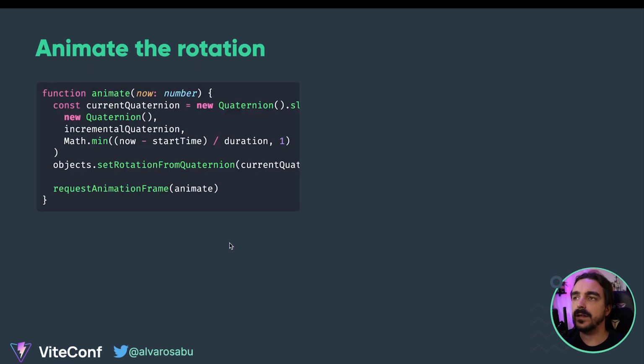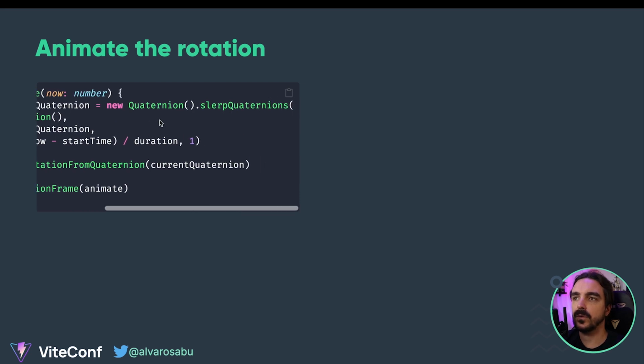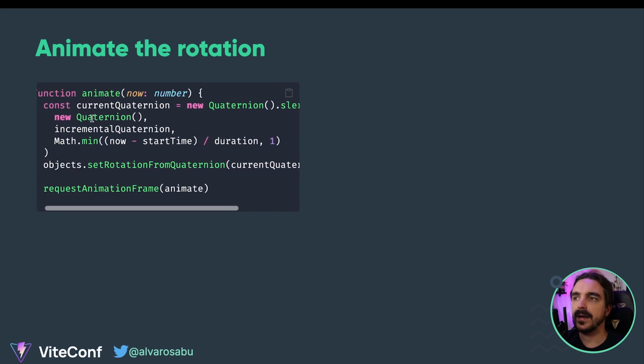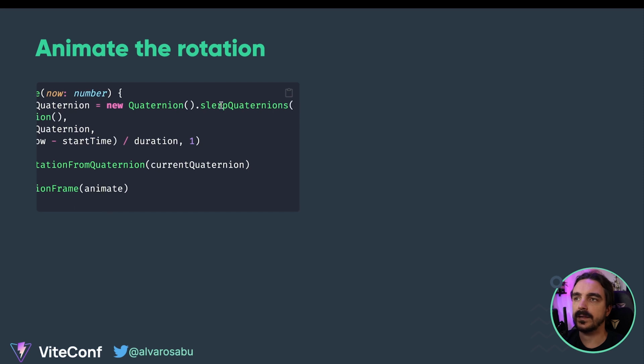So to animate the rotation, what we did was create a function for animation and use requestAnimationFrame to run it every frame, okay? And the reason we get the incremental is that we need to calculate the current quaternion and then pass the new quaternion with a slerp. So this is a linear interpolation, but in this case, it's special for quaternions.